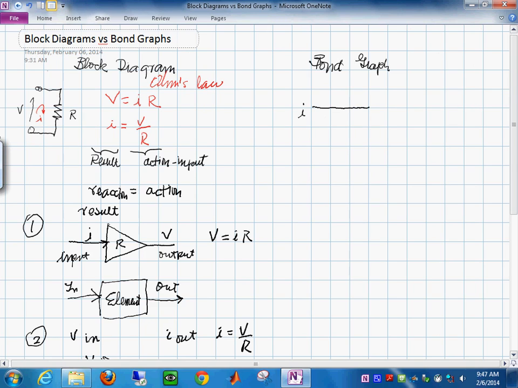And the output on this side was voltage like that, right? So, just the same idea. What we're going to do is find a way to represent this by classifying this element. This element is a resistive element, it's a resistor. Okay? So, in bond graph notation, we have